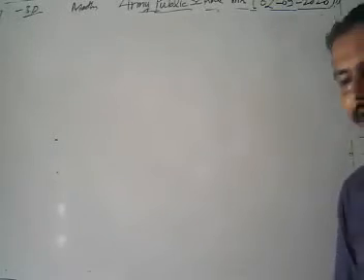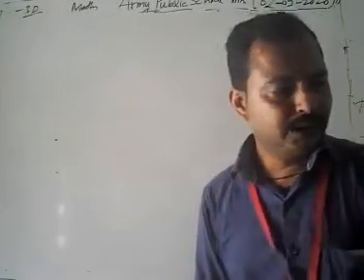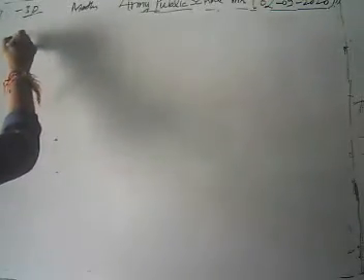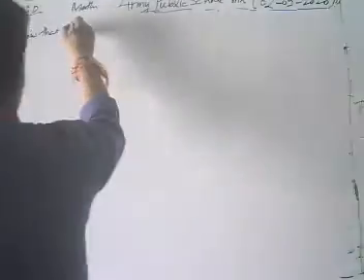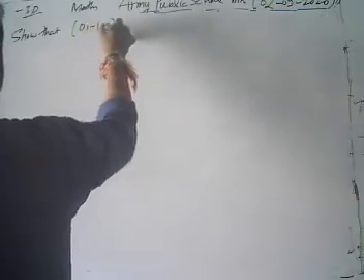Just for example, we start with one question. Here we have 4 points, and we have to show that all these 4 given points are coplanar. What we have to show is that the given points are coplanar. The first point is 0, minus 1, 0.